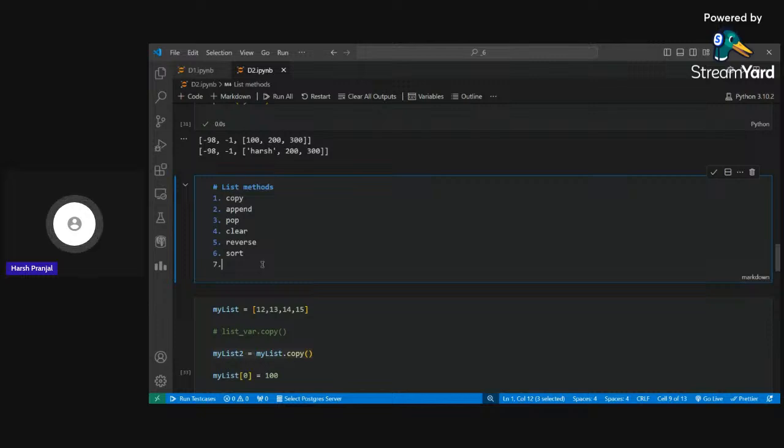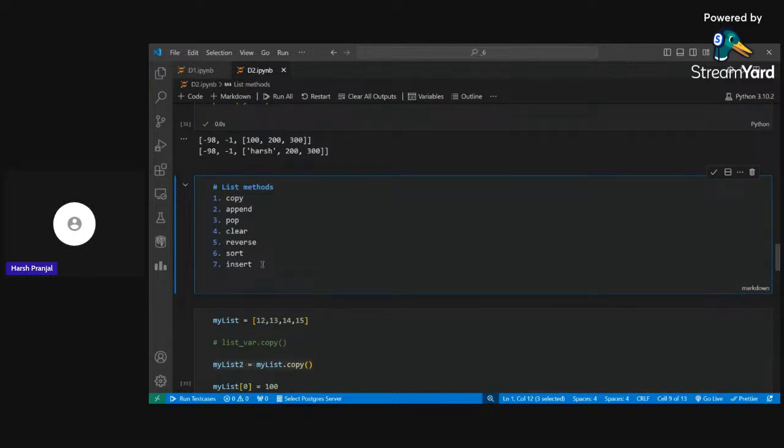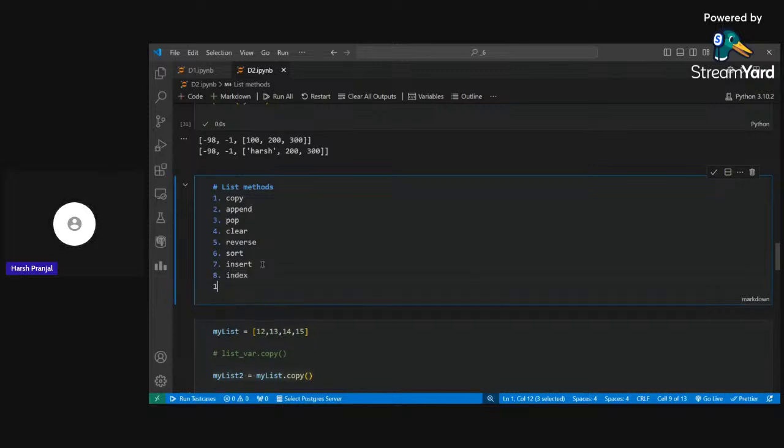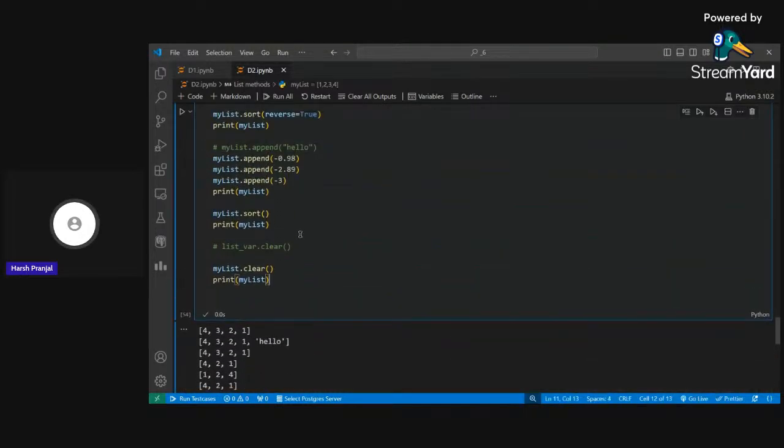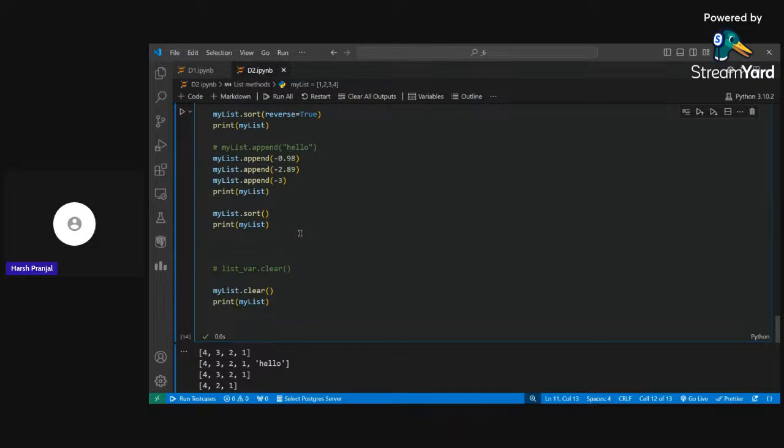So other than these, we have insert, we have index, we have count. Let's here only discuss these. Suppose